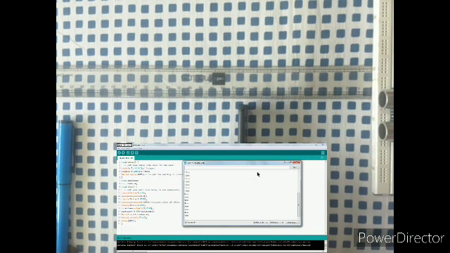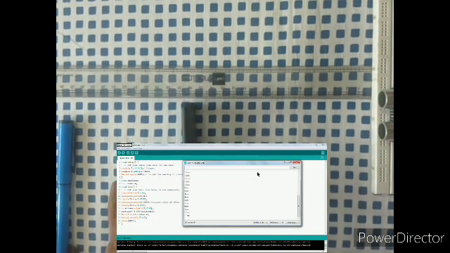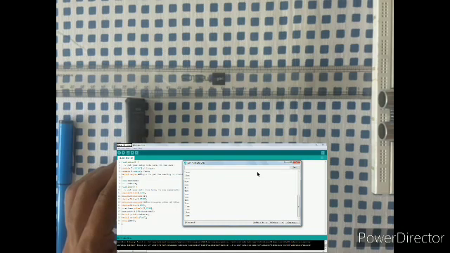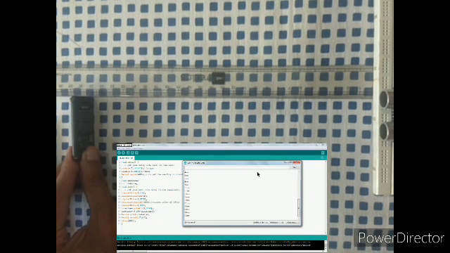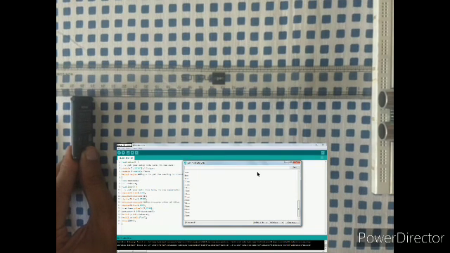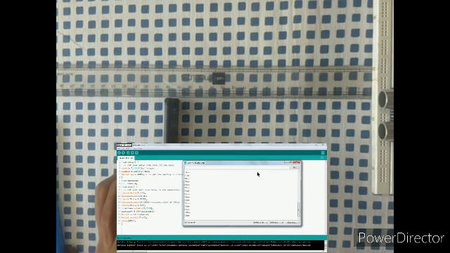Similarly, on the screen we can see up to 20 centimeters. Now the console is showing exactly 20 centimeters, so I am going beyond. Now I have reached 25 centimeters. In the console also it's showing 25 centimeters. Okay, now we'll reduce to 17. Now it's showing 17 centimeters. Okay, so this is how we can test the circuit.